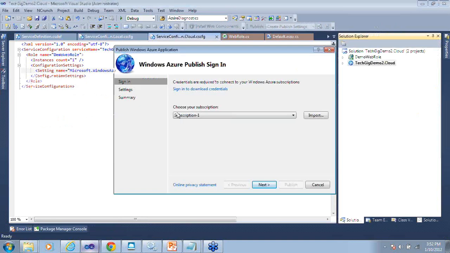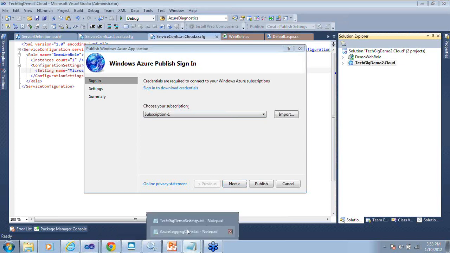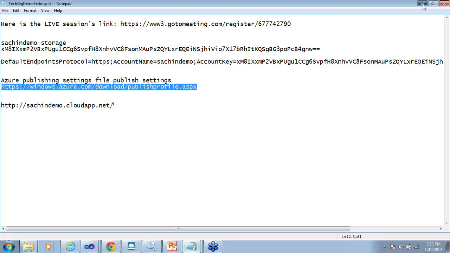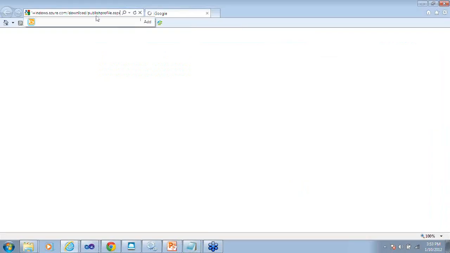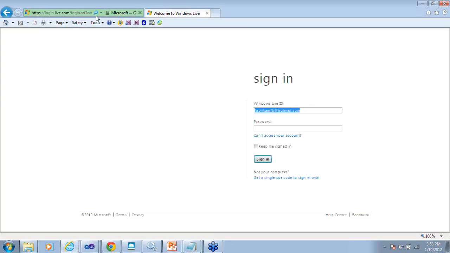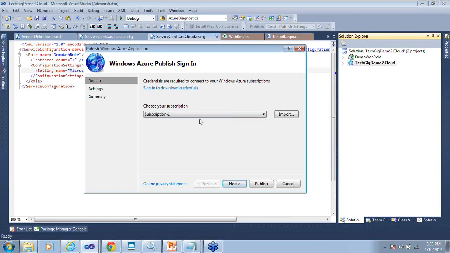So here you have to get this subscription file. Okay? I'll show you how to get this file. So whenever you have your Azure account ready, you can go to this endpoint. Once you go, download a file called a publish settings file, which includes service management related information. This is not insecure. This needs basic Live authentication, the subscription authentication. Okay? After that only I'm going to get this file. You can see this. So that endpoint will give me a publish file which I have actually imported here, and then I don't have to enter my certificate details or subscription name as such.